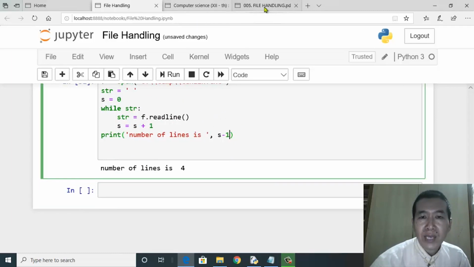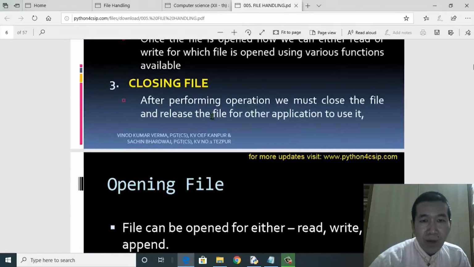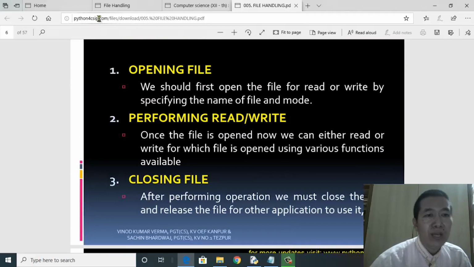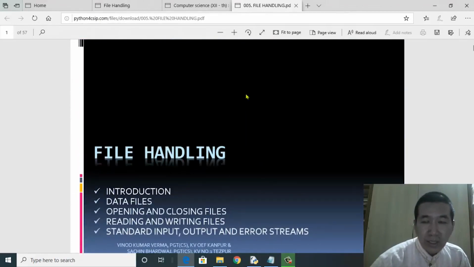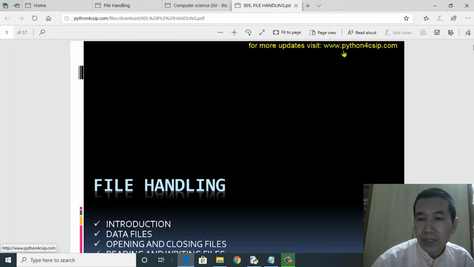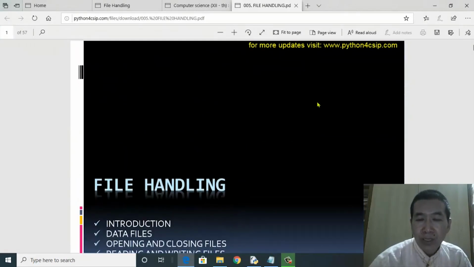Okay, so I would like to put an end to today's lesson, but before I wind up, let's take a look at this PDF file, which is found on the official website of the textbook author, Python for CS, Computer Science and Informatics Practices. This will give us a nice review of what we have learned till this point. Please note this website. It is a nice website where you'll find these PDFs, these short notes. It's a good idea to copy this, learn it and revise it.